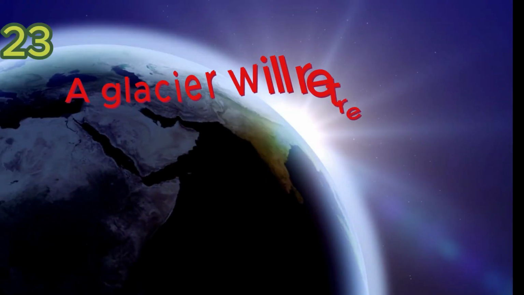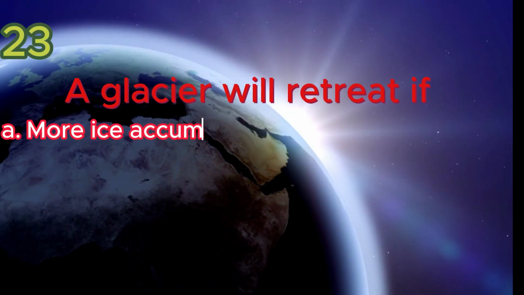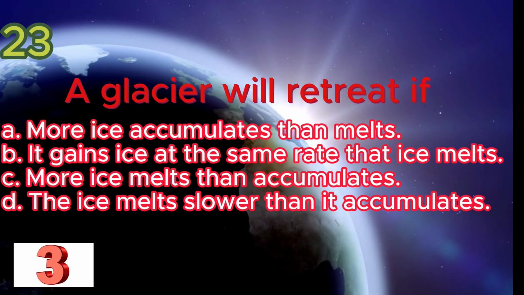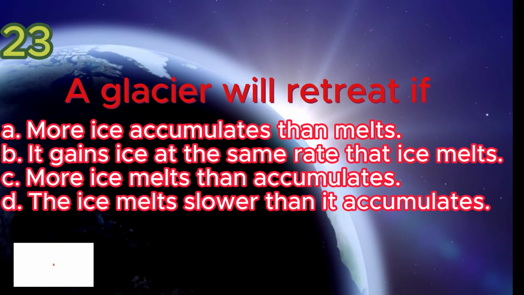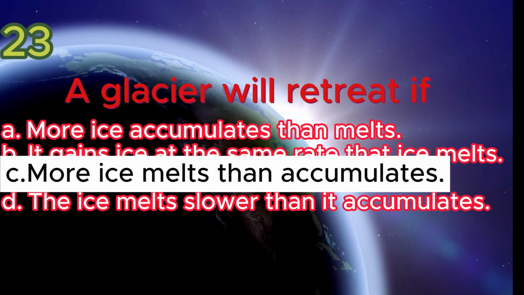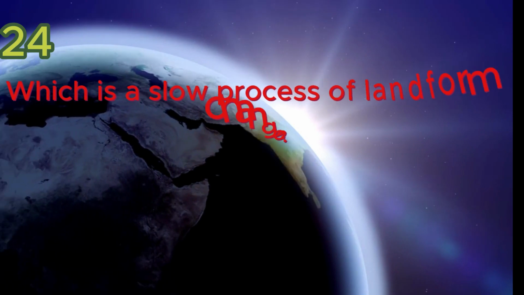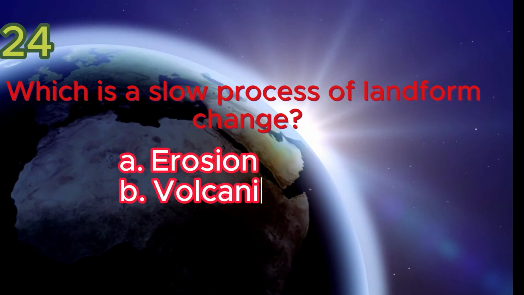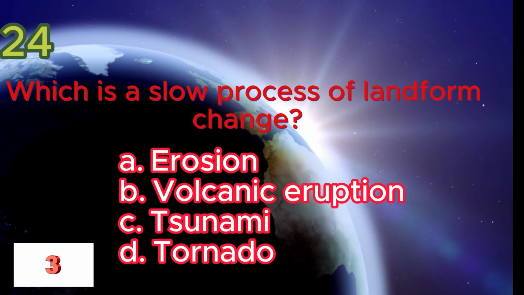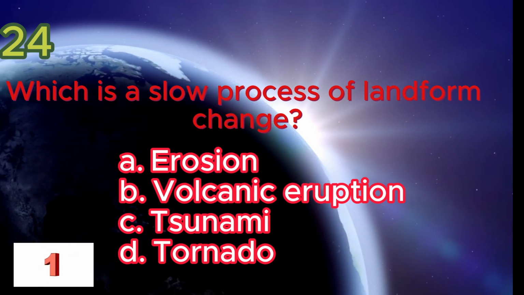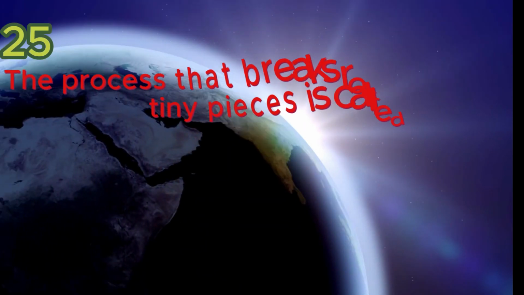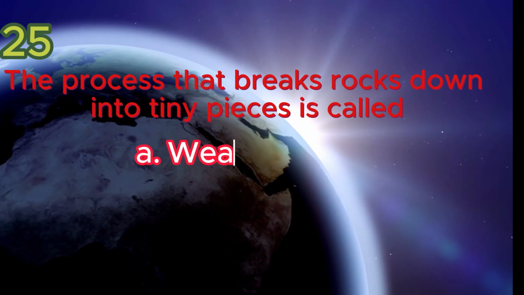A glacier will retreat if C. More ice melts than accumulates, which is a slow process of landform change. A. Erosion. The process that breaks rocks down into tiny pieces is called